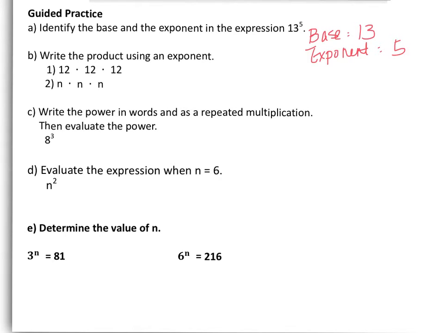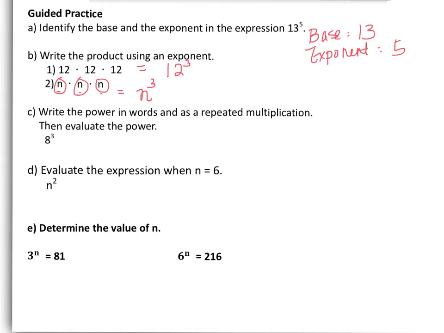Part B, write the product using an exponent. So here we have 12 repeated 3 times. Take 12 and write 3 as your exponent. And if you're given a variable, you will use the variable n here as your base and write 3 as your exponent because there are 3